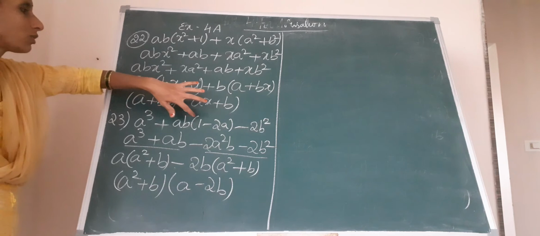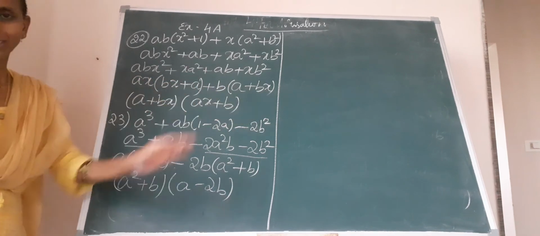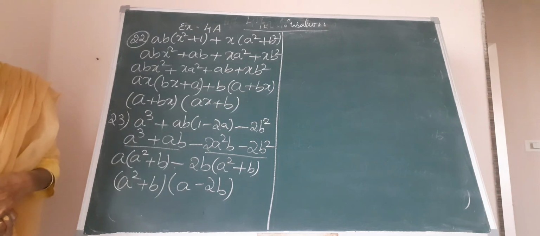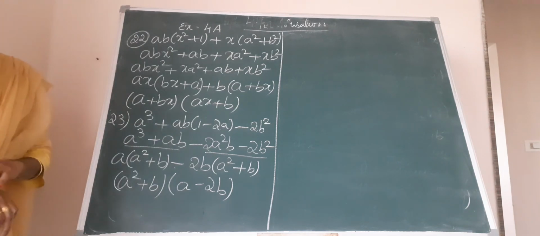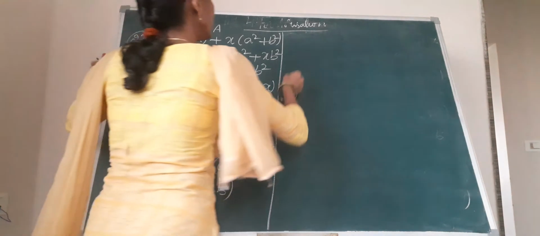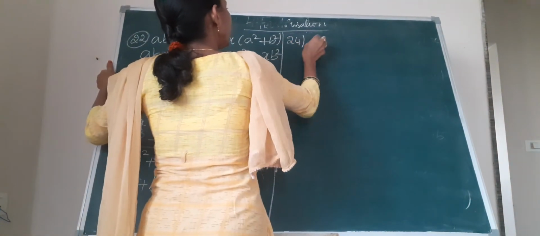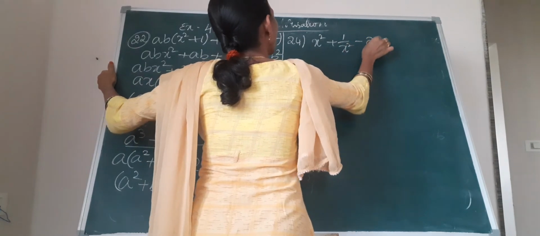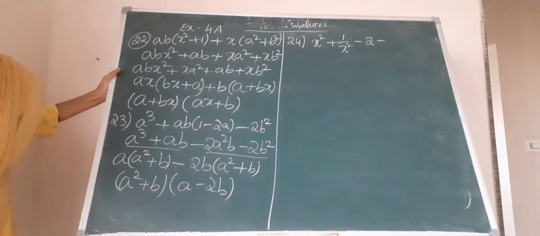a cube plus ab into 1 minus 2a minus 2b square. Okay. So next we are having one more problem. 24th one, x square plus 1 by x square minus 2 minus